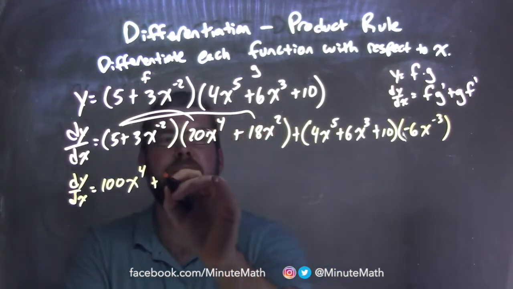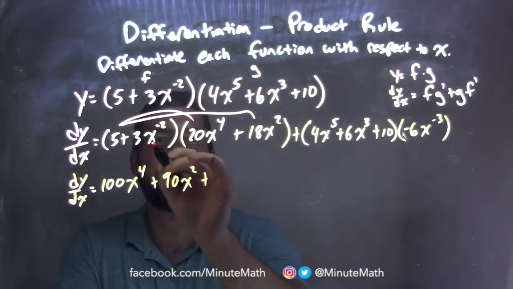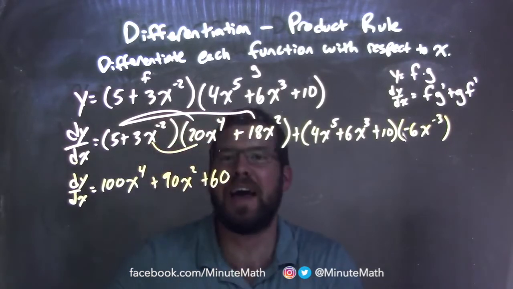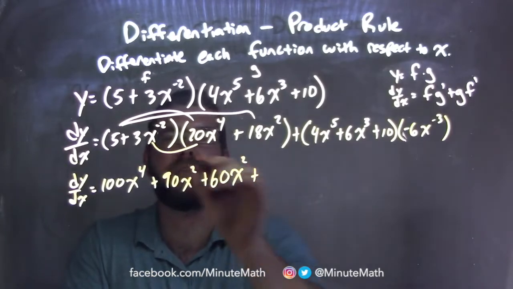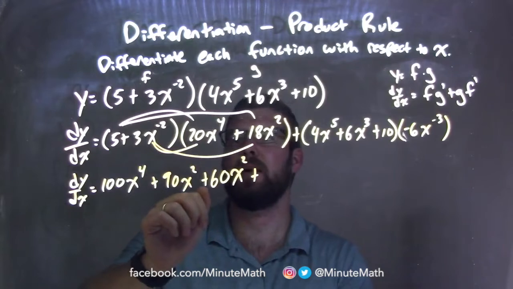So we have 90x squared, plus now the inside, 3 times 20 is 60, and x to the negative 2 power times x to the 4th power, we add the exponents, that's x squared, plus the last one here, 3x to the negative 2 power times